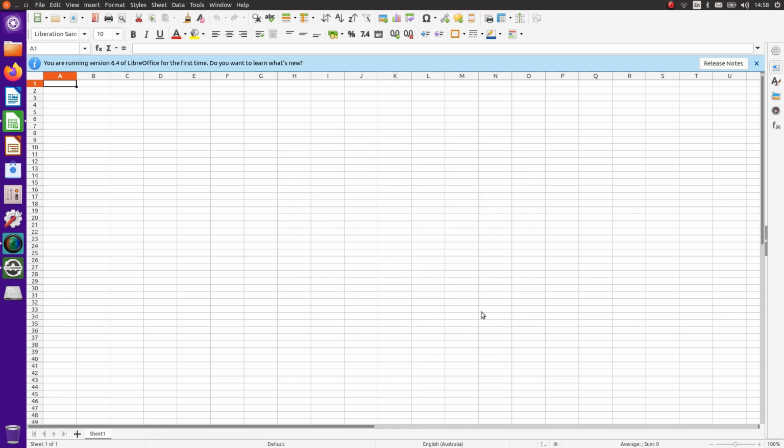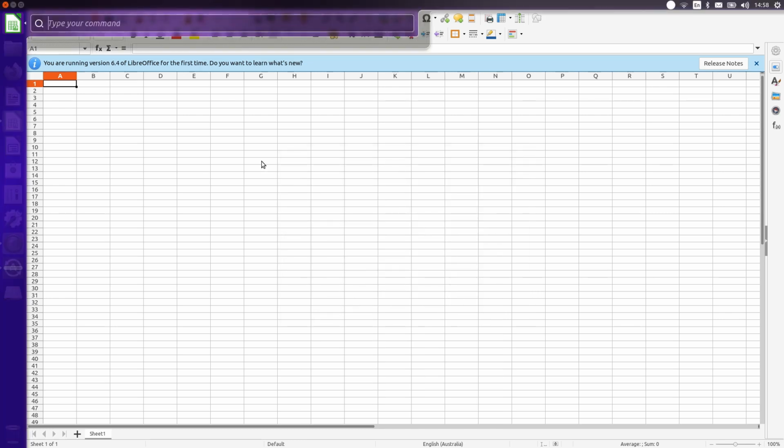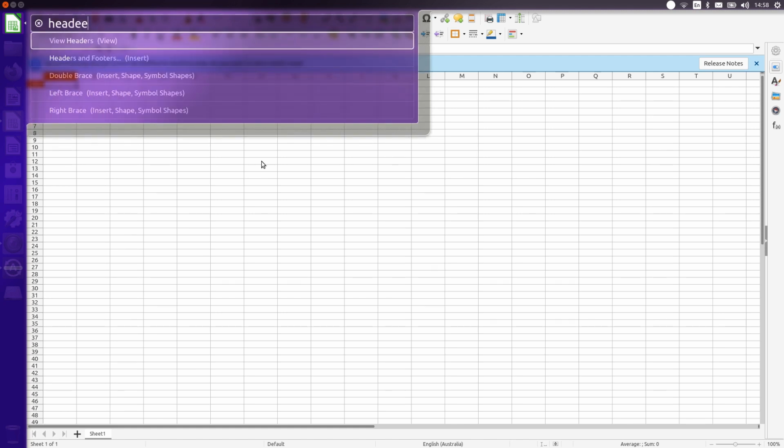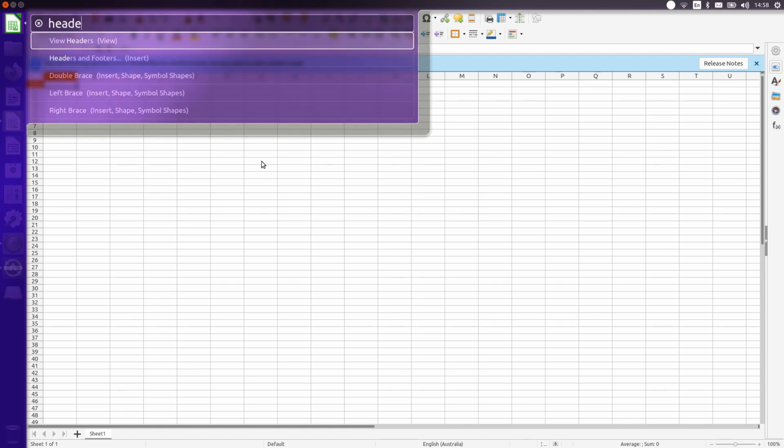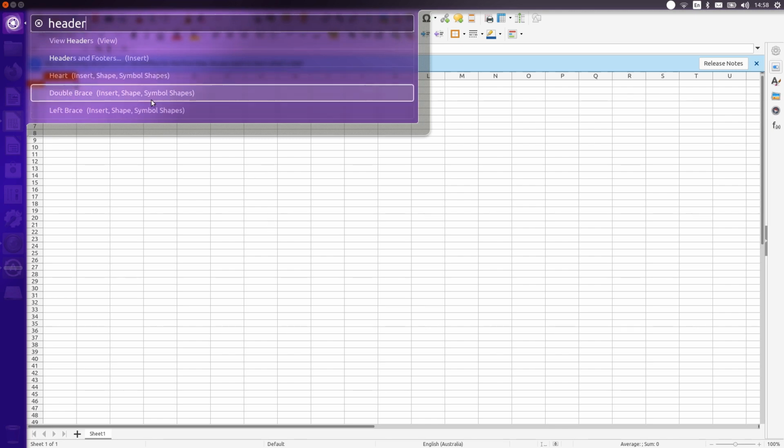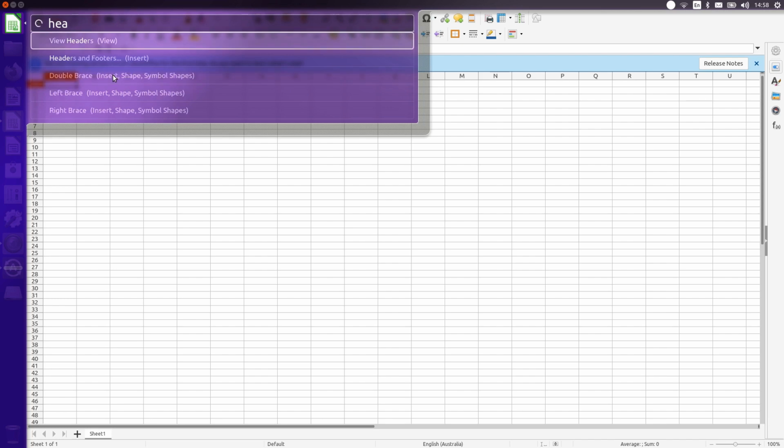6.4.4.2. Now if we press the Alt button, we get the Heads-Up Display. Is that what it's called? Heads-Up Display. And we can search for things we want to do. Let's just say header, footer, view headers. Oh, I didn't spell that right, did I? Headers and footers. If we go footer,